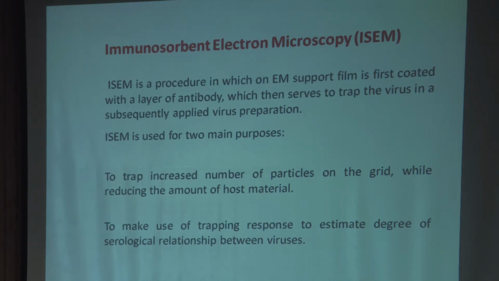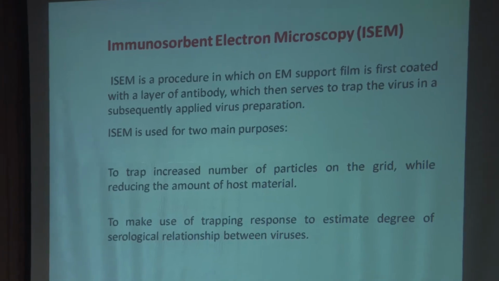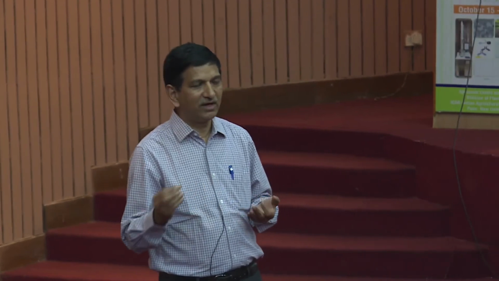Say you are working in some host or with some viruses, and you are not getting a good concentration of the virus in the EM; you are not finding any particles. But if you have the antibody, you coat your grid with the antibody first, like you are coating a plate. For trapping, we generally use a dilution like 1:500 or 1:1000.